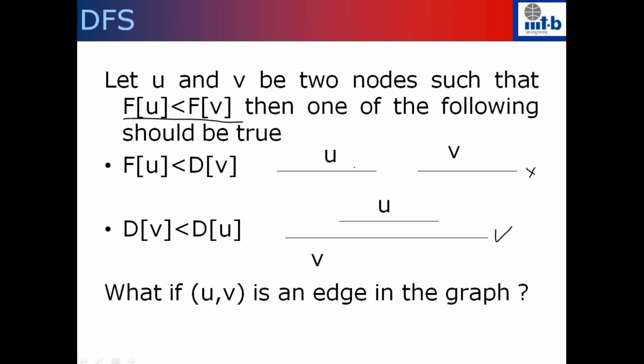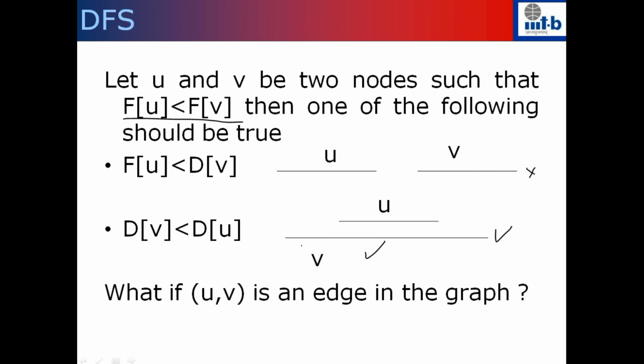If you finish v before you finish u, then the discovery time of v cannot be greater than the finish time of u. Okay, so the only possibility is this. What should have happened is that you started with v, then you visited u, then you finished visiting u, then at some point there is an edge from u back to v, but v is already marked true, so you do nothing, right?